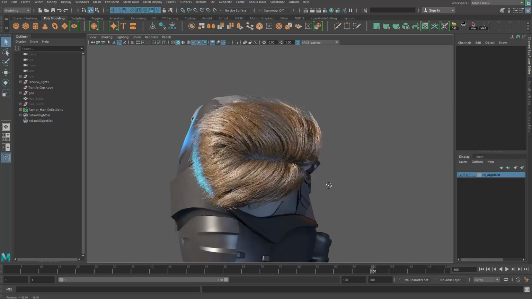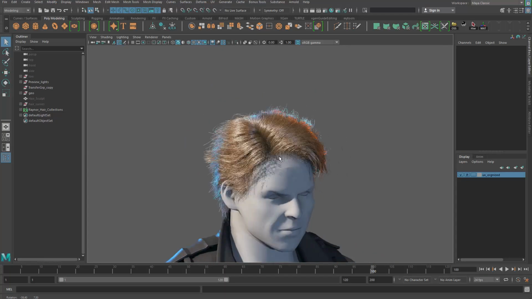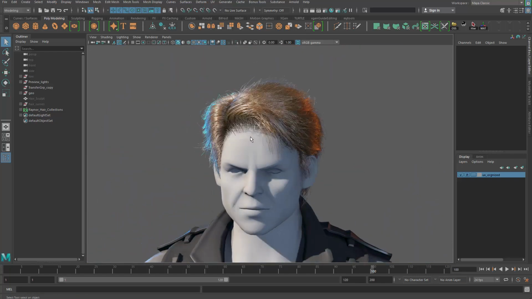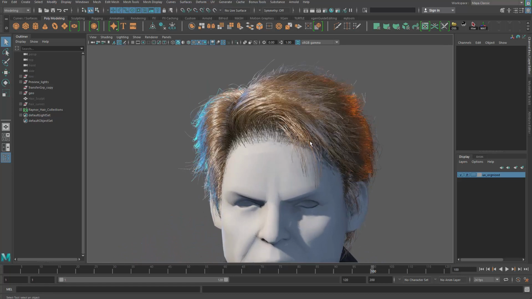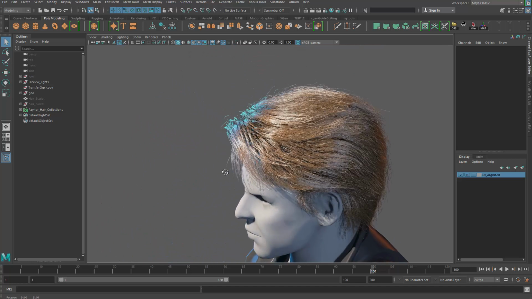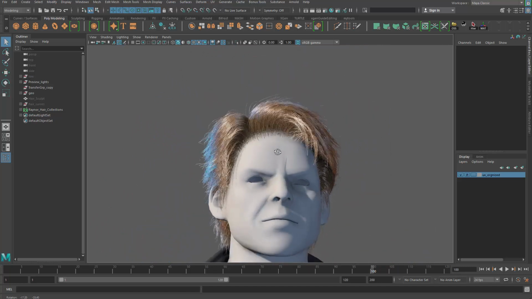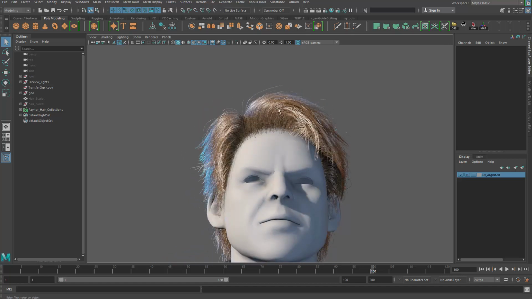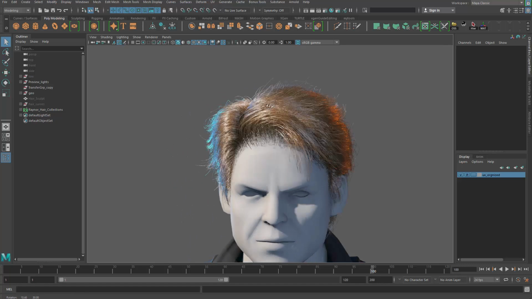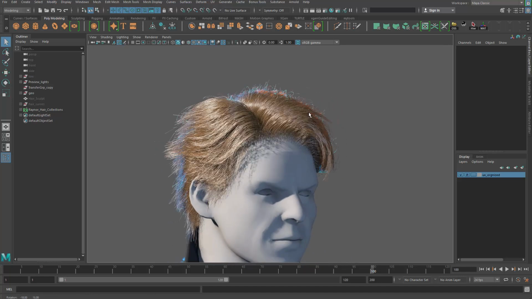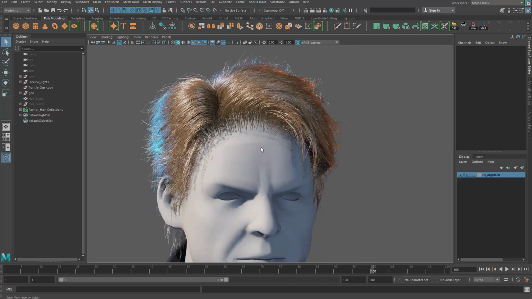Hello guys, welcome back. Now we have the Xgen here, and this is suitable for high-res render, offline rendering, for movies or animated shorts. But if you want to get some hair into a game engine like Unreal or Unity, then this is not gonna be very performant. Although it's possible that you can import this into Unreal or Unity, it's just gonna take a lot of time to actually import, and it's not gonna be very good for actual gameplay. So we need to create hair cards